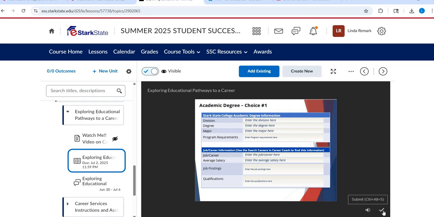What you are going to do is find information about the degree that you are pursuing as well as a second degree choice. Now you can handle this a couple different ways. First, maybe you're undecided. So you can use this as an opportunity to look at 2 different degrees that you might be interested in. Second, maybe you already decided and maybe it's the physical therapy assistant program. Your second degree can be like occupational therapy, something that's a little close to it.